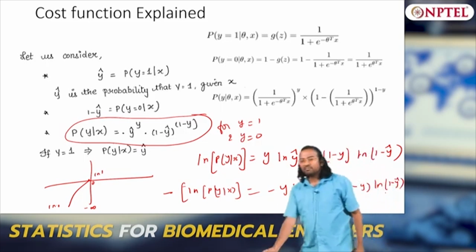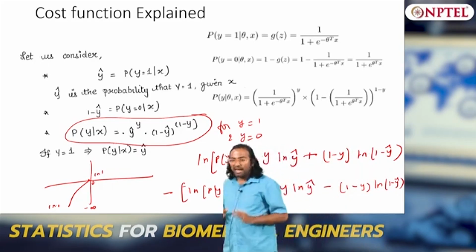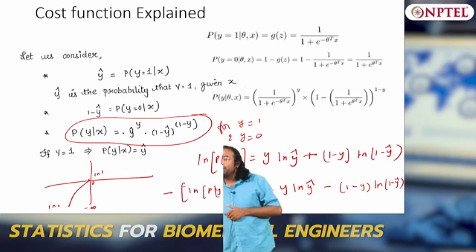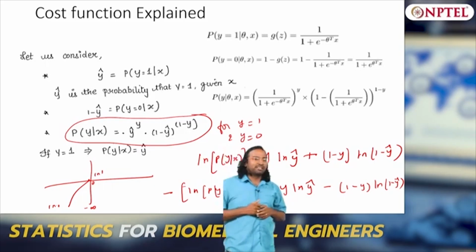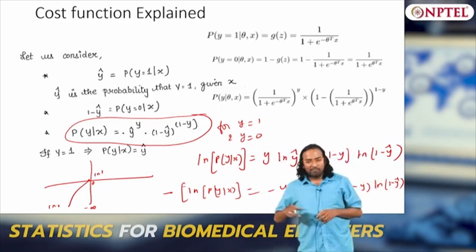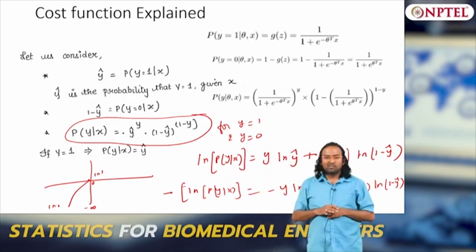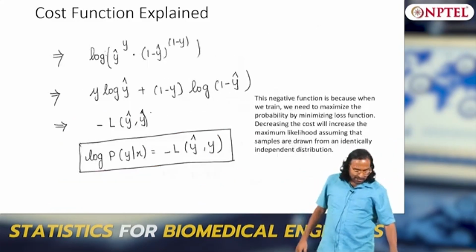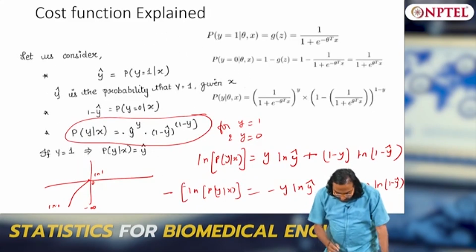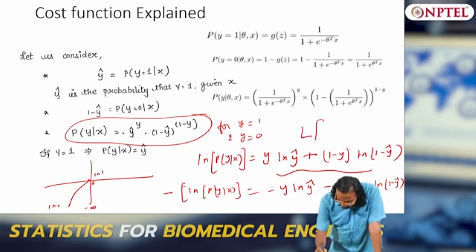Clear? Is this clear? Now I am going to take this as the cost function. I want to minimize this cost function. I will tell you why minimizing this cost function makes sense. I will derive the graph, I will show you the graphs, but I am going to minimize this cost function. I will show you why this is valid. Everybody agreed? So I call this function as, this is nothing but negative,